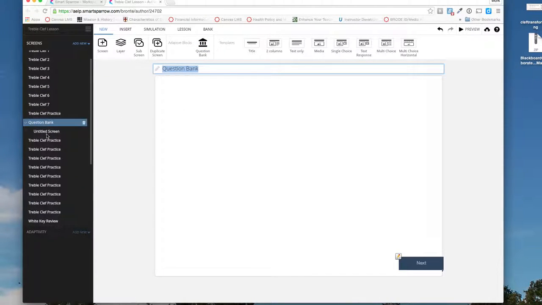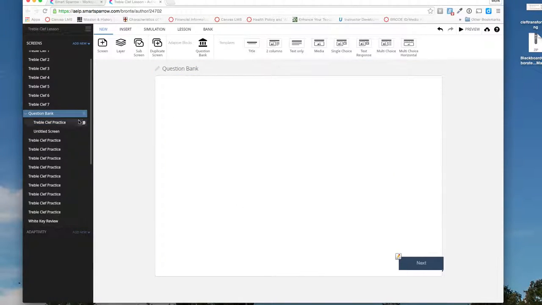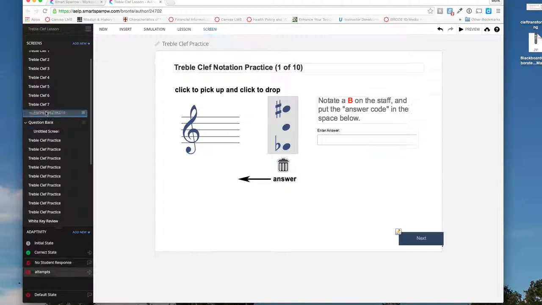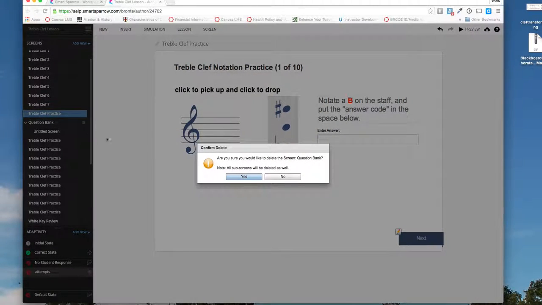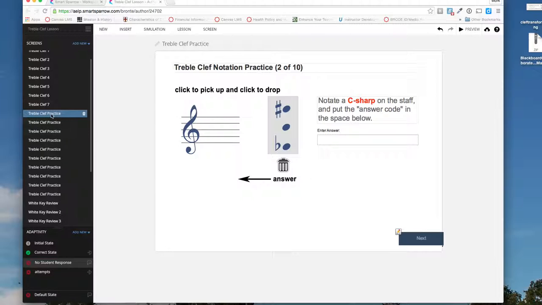And then, for instance, I could just start dragging all of my question slides into there, and then on my question bank, I could set how many questions I want from that question bank. So that's interesting. The only issue with question banks, again, is